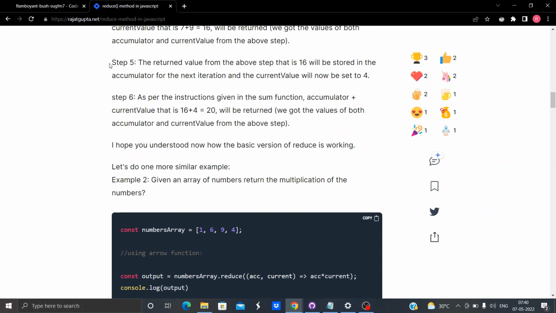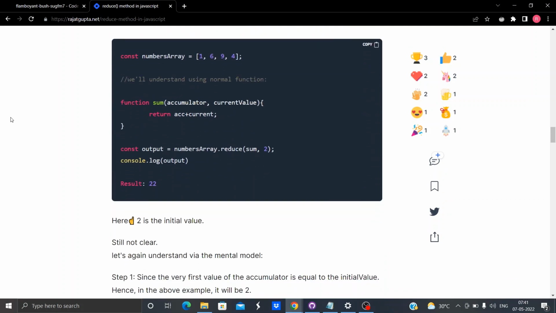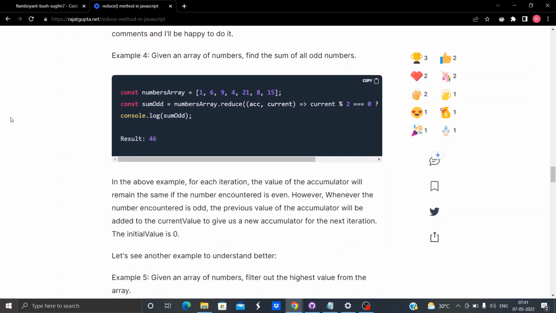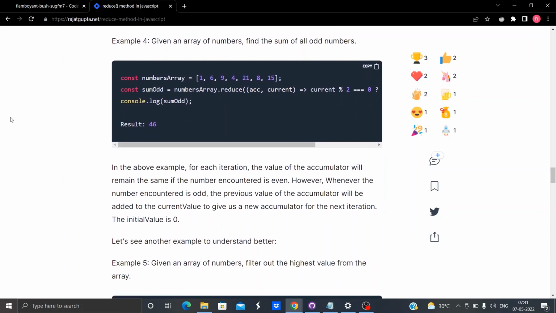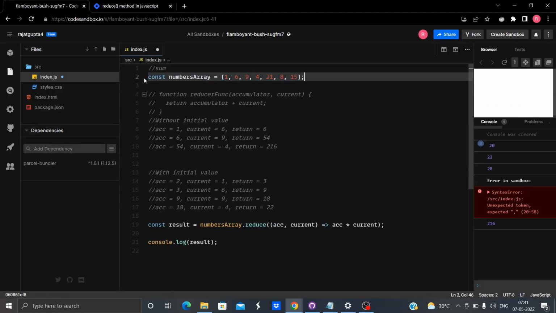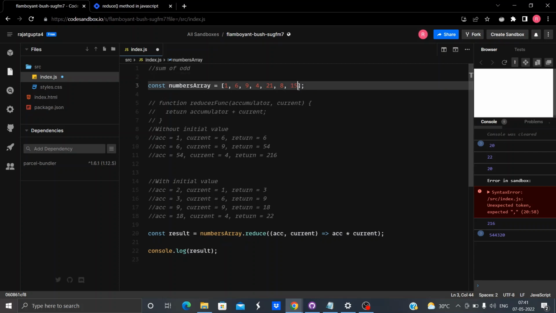Here I taught step by step, I wrote each step for every example. Okay, given an array of numbers, find the sum of odd numbers. So what we want here is the sum of odd numbers.